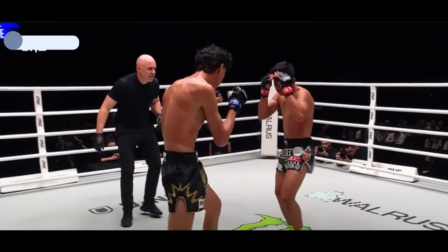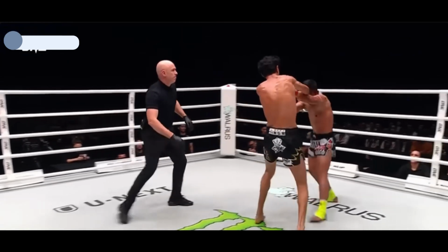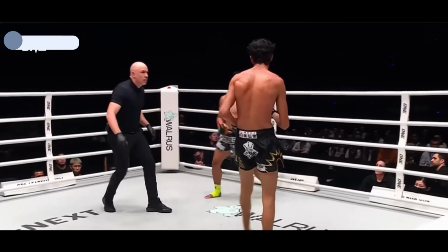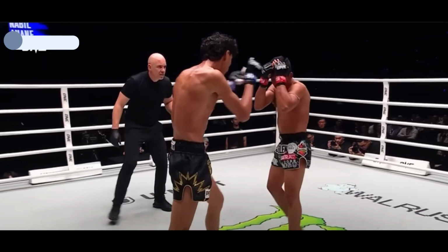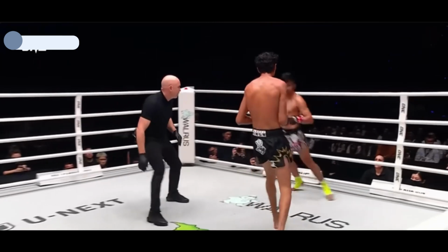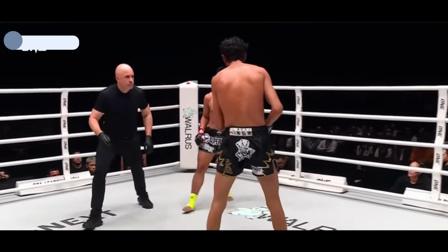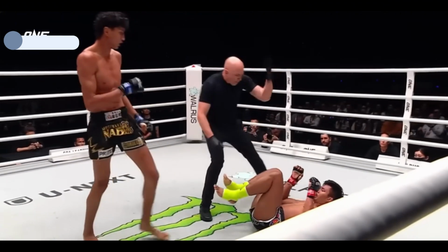And again, Nabil just executes this perfectly, having great technique, leaning back on his knees. And for someone so tall, he really is able to get so much leverage by lifting up on his toes to get even more height on his knees, which is really just insanely impressive. And I think a lot of tall fighters should take notes about how Nabil has grown his game, especially in the clinch. Forward pressure. So in their first fight,